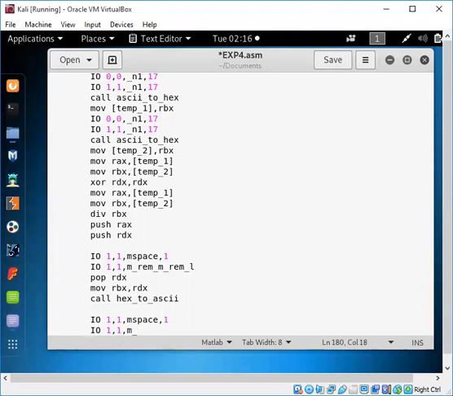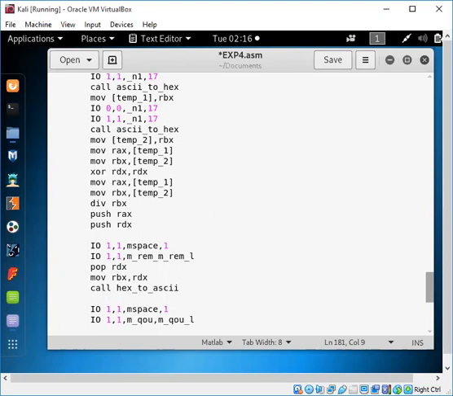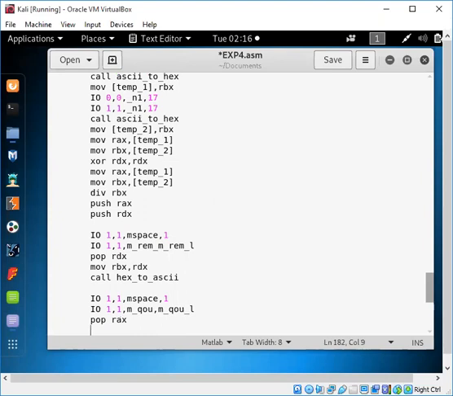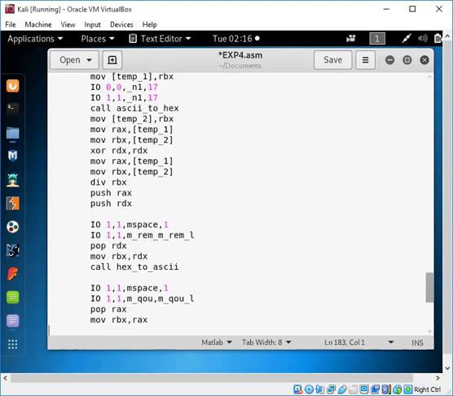Indian underscore length. Right, we'll take the next content with pop RAX, put the content, and again call for the conversion with X to ASCII.